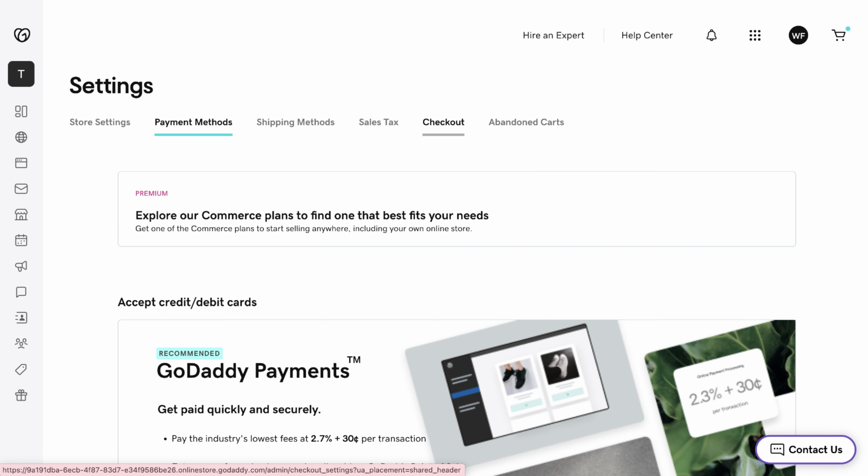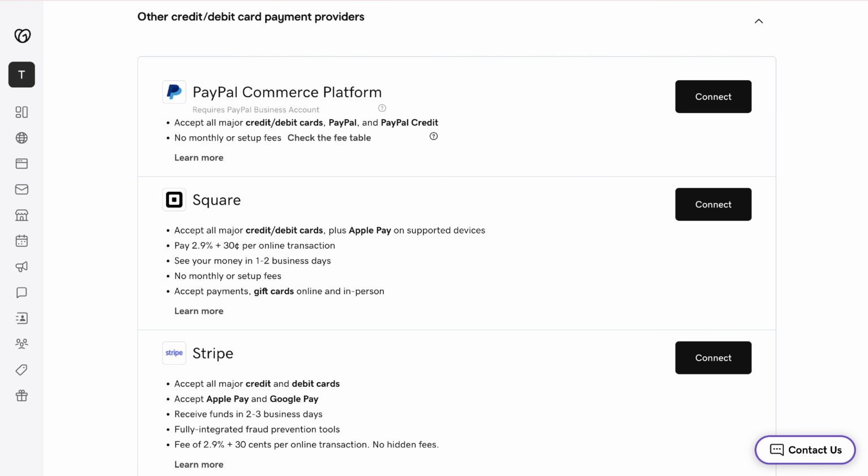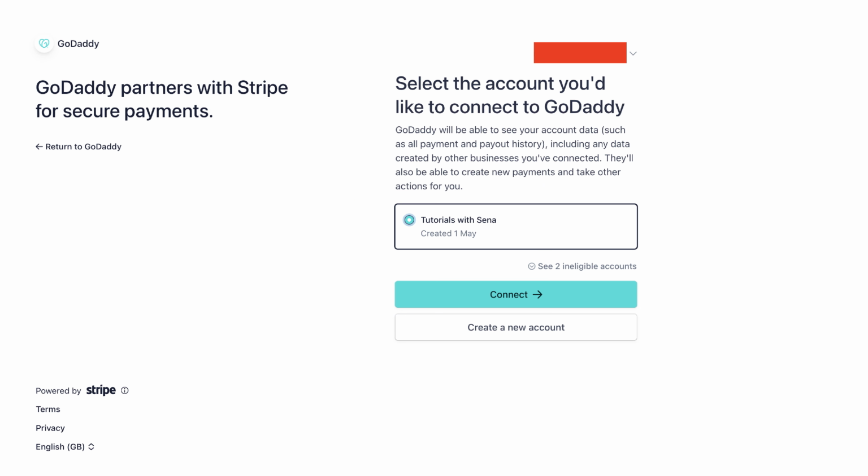On this page, you want to scroll down until you see the PayPal option. If you don't find the Stripe option, click on the other credit or debit card payment providers and you should see the Stripe option, and then tap on the connect button just besides it, which will take you to this